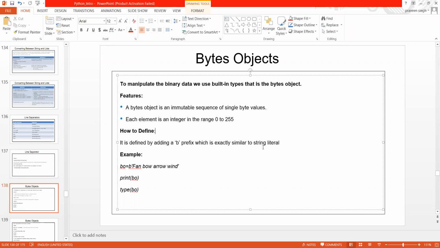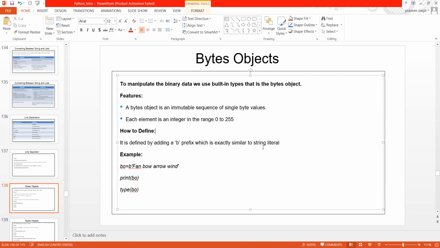I don't know how many of you remember about bytes. I'm not saying I have covered it topic-wise, but somewhere I have used a simple example as well. So where exactly do we use bytes objects?